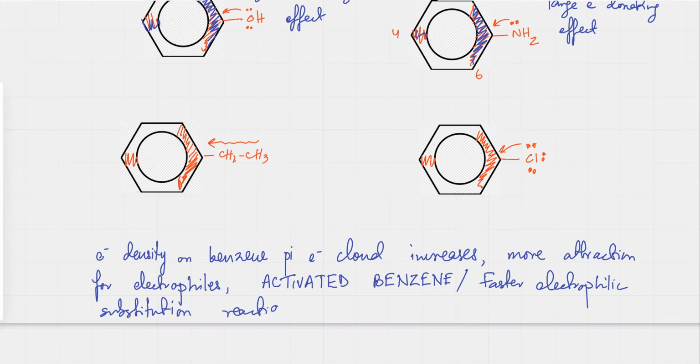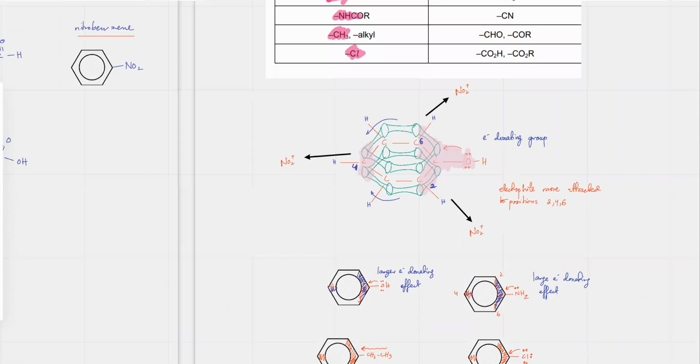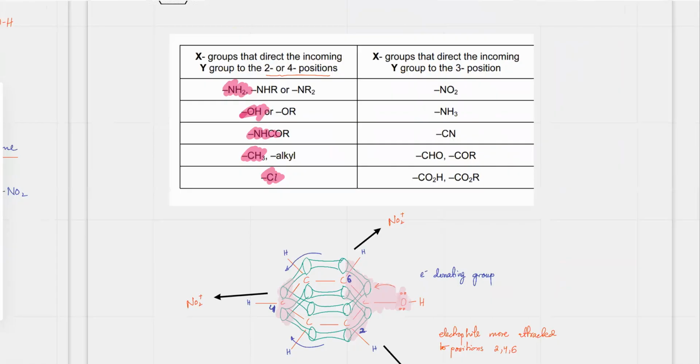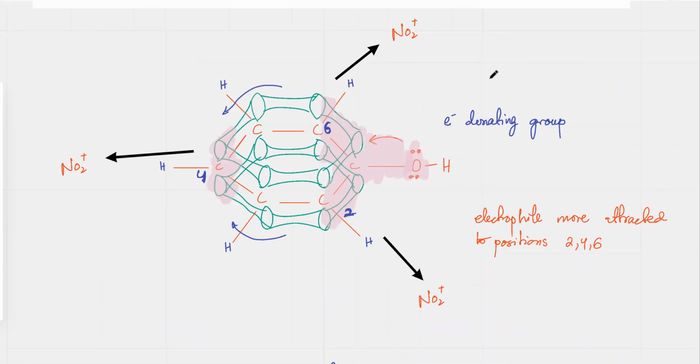So anyway, for those who have joined late, last time we were discussing these groups. We were discussing 4 directing groups and 3 directing groups. I explained that when you have a benzene, normally the benzene electron cloud is evenly distributed. The electrons are everywhere, evenly distributed. But once you add an OH group to it,